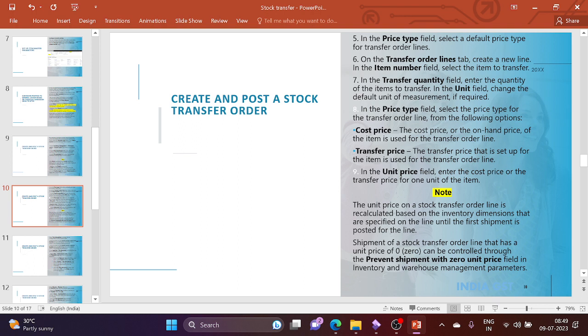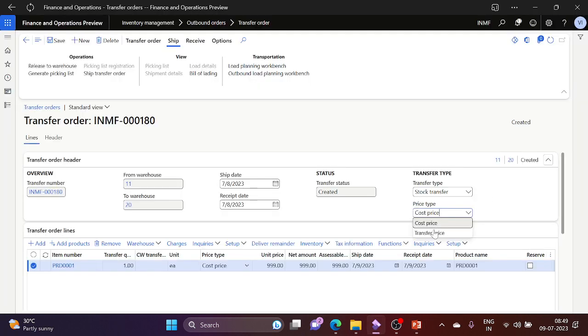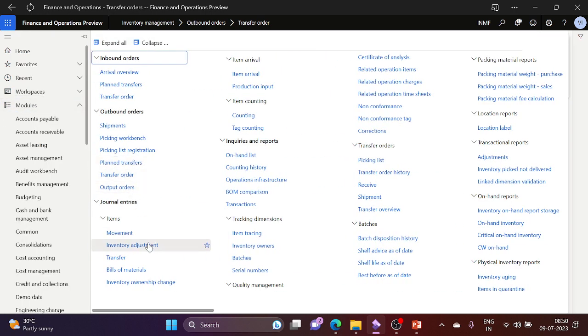In the unit price field, enter the cost price or transfer price for one unit of the item. If it is cost price, it will take the cost of that product, the running cost. If we use transfer price, currently it is zero because we didn't map any transfer price there. If you want to check how the cost price is coming on this line, then go to